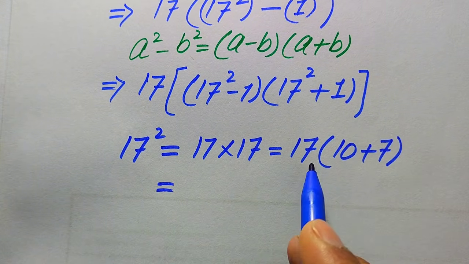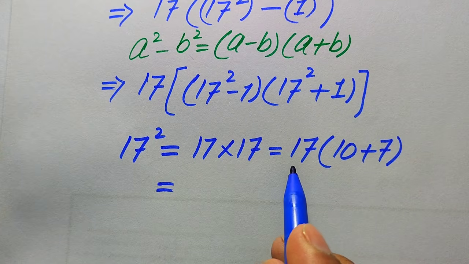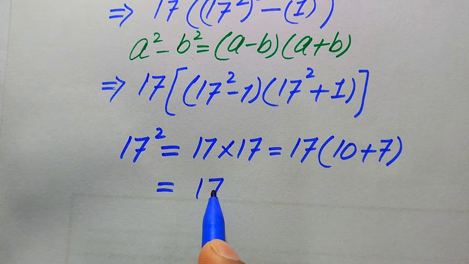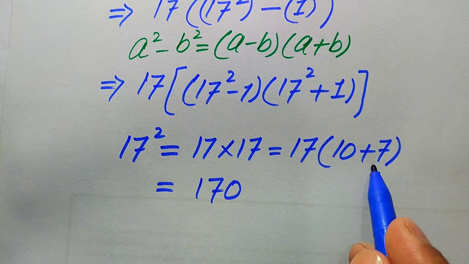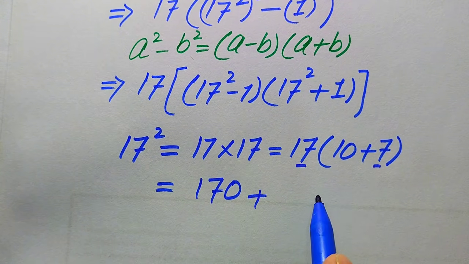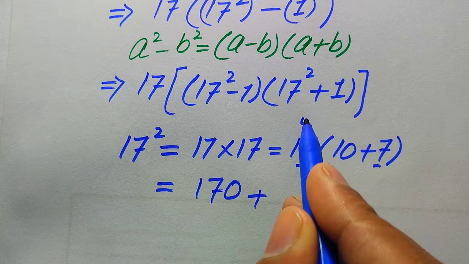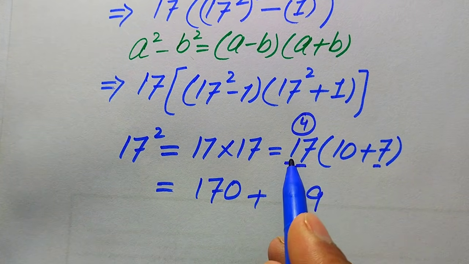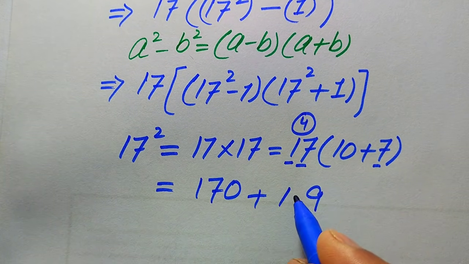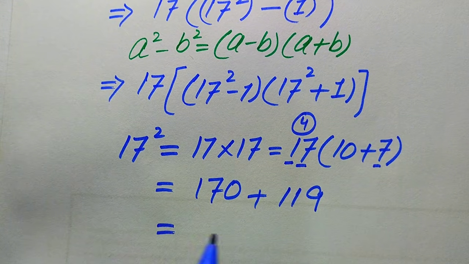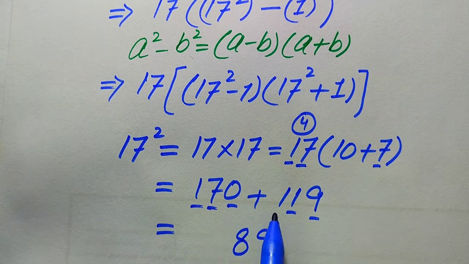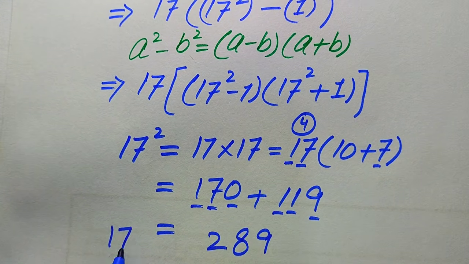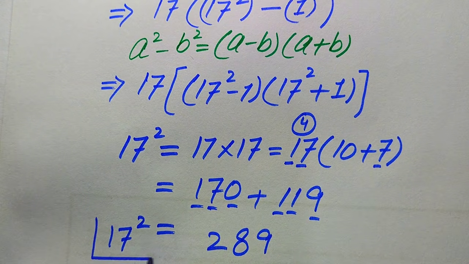And now we multiply this 17 separately on both of these two values, and when we multiply 17 with 10 it becomes 170, and we multiply 17 with this 7, so 7 times 7 becomes 49. We write 9 and carry 4, and 7 ones are 7, 7 plus 4 becomes 11. So here we need to sum up both of these two values, and we get 0 plus 9 becomes 9, 7 plus 1 becomes 8, and 1 plus 1 becomes 2. It means that 17 square equals to